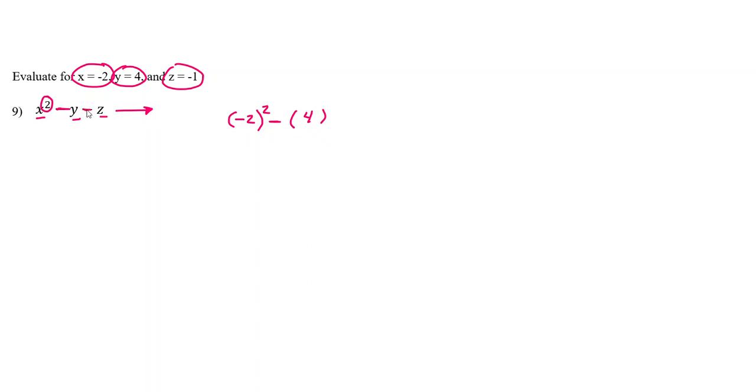And then what was being done to the y? Well, we're subtracting something else. What are we subtracting? A z. So I'm going to put parentheses for the z. And then z is -1. Put the -1 inside the parentheses. And notice that